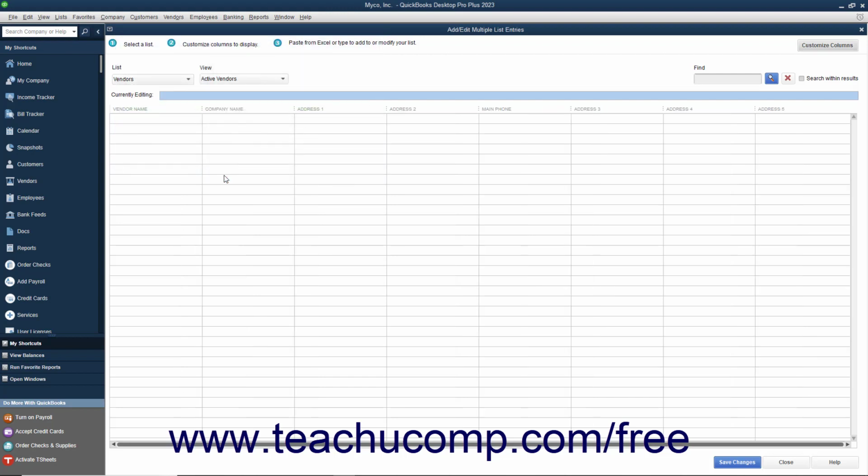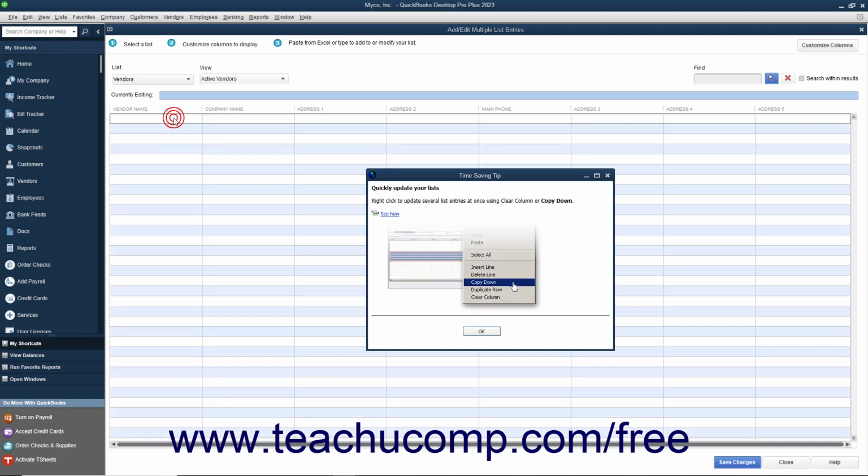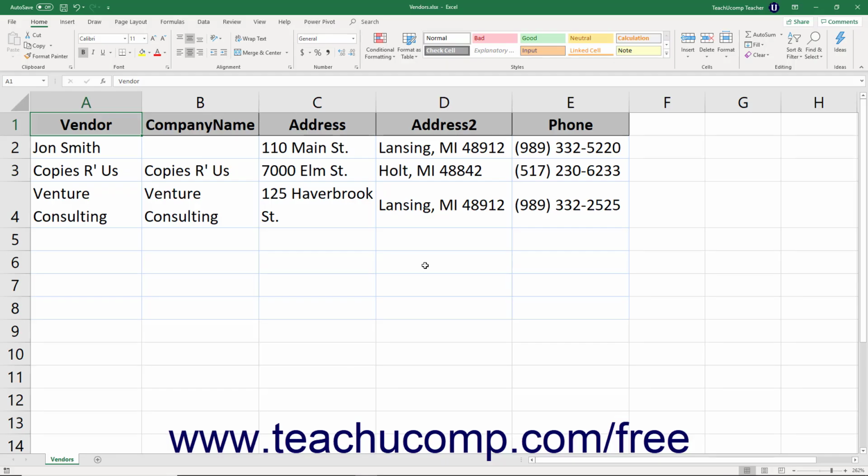your changes. After you have the desired columns shown in the correct order within the Add Edit Multiple List Entries window, scroll down the list if necessary and click into the next available blank row. Then copy the data from your Microsoft Excel worksheet